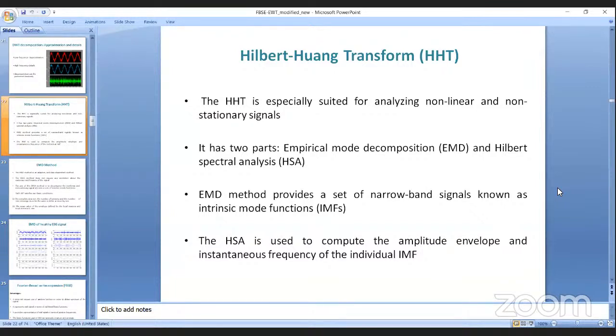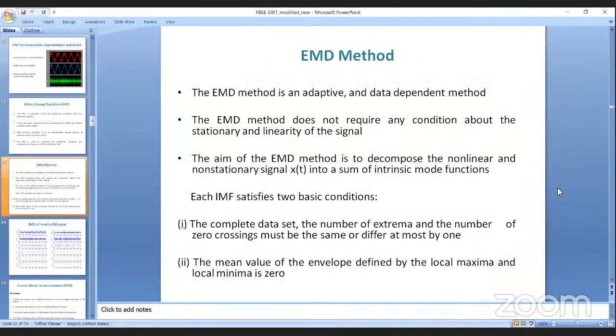So amplitude and frequency change with time for these basis functions that we obtain from the signal itself. That is what we call amplitude and frequency modulated waveforms, or IMFs, intrinsic mode functions. And this EMD method is an adaptive method. It is a data-dependent method. You don't need to design any basis functions here, and it doesn't require any condition about the stationarity and linearity of the signal. It is actually suitable for nonlinear